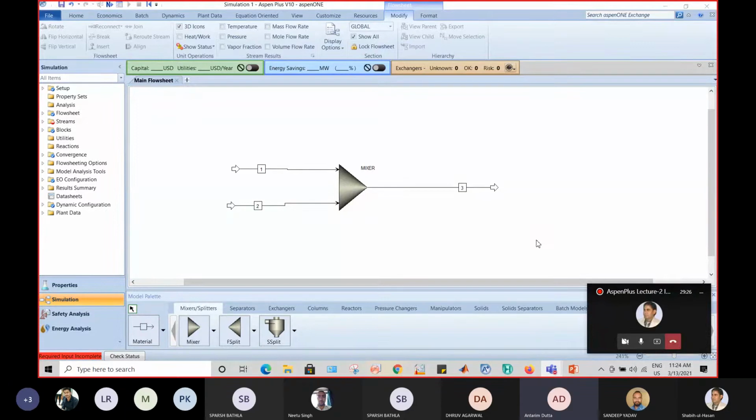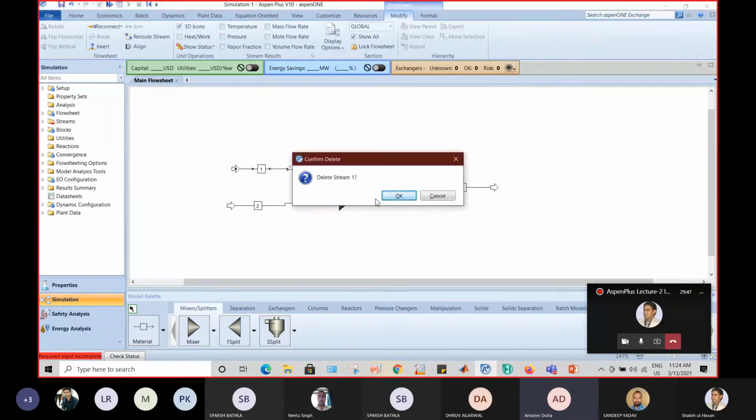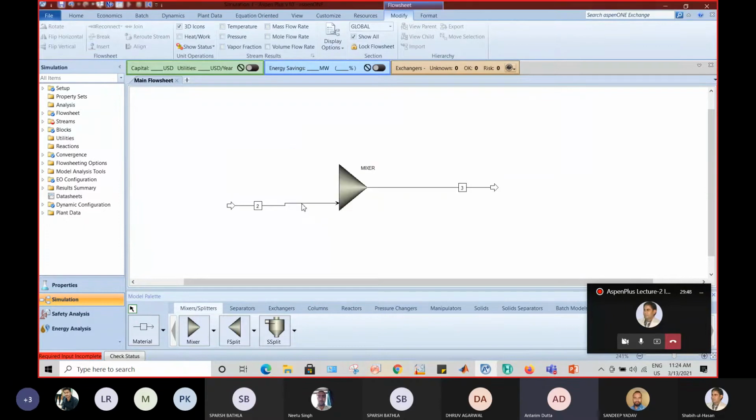What I will do is I will delete each and every single thing of what is present over in GUI, ठीक है? और मैं हर एक चीज को फिर से ऐड करके एक्सप्लेन करता हूँ, ठीक है? To make this thing very clear, मैं डिलीट कर रहा हूँ सब कुछ। डिलीट करने का तरीका है, आप एक बार सिंगल लेफ्ट क्लिक करें, डिलीट बटन प्रेस करें, ये डायलॉग बॉक्स अपीयर होगा, ओके कर दें, ठीक है? Now I'm deleting all these things. I have deleted everything. Now I don't have any other model or streams on my GUI.